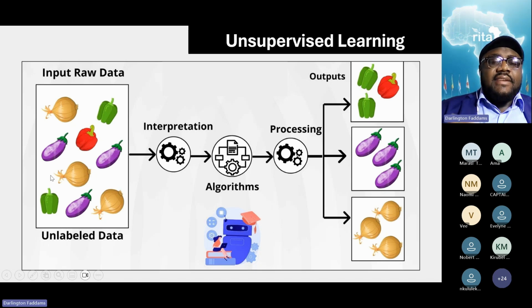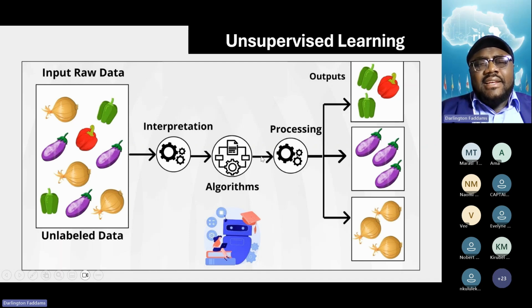All right. And as we advance, not only are we going to do machine learning with text data, very soon we'll start doing machine learning with image data as well. So this is unlabeled data. This time we are not saying that this is eggplant. We are not saying that this is onion. We are not saying that this is pepper. But this algorithm will just study the data. It will just study the pictures. And at the end of the day, through similarities and patterns, it's able to group them.